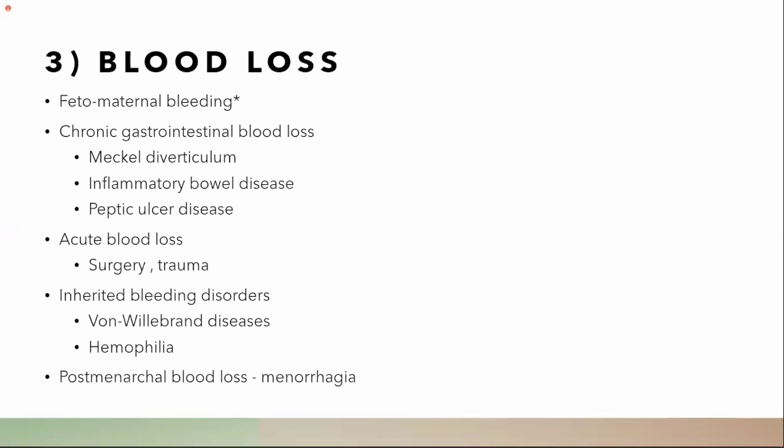So basically for fetal-maternal bleeding, what we can do is the Kleihauer test. The Kleihauer test tests the maternal blood, so we take a blood sample from the mother. It can show us whether there is any fetal-maternal bleeding or not. The issue is that when there is fetal-maternal bleeding, the mother will produce antibodies against the baby's blood, and this causes blood loss. So that is fetal-maternal bleeding. Okay, fine, proceed.